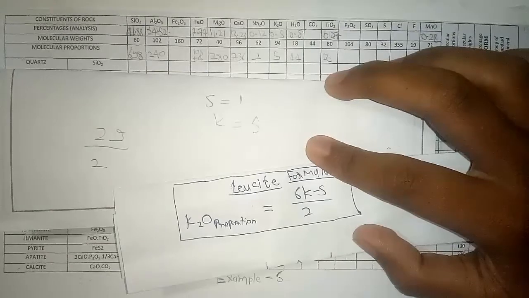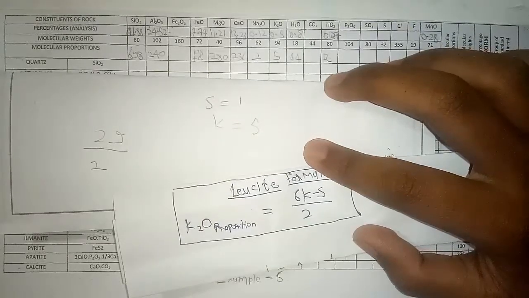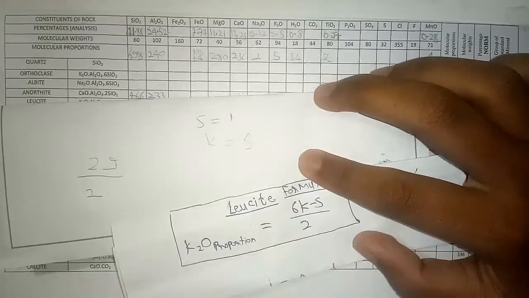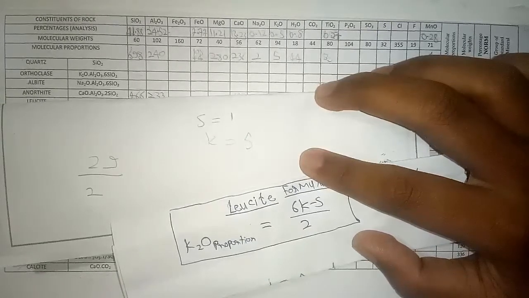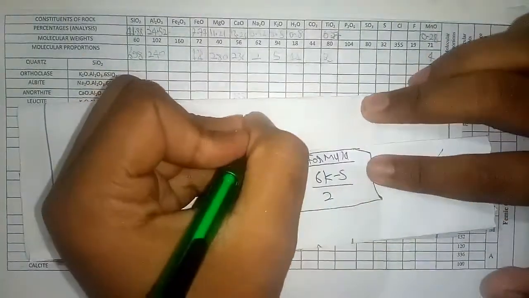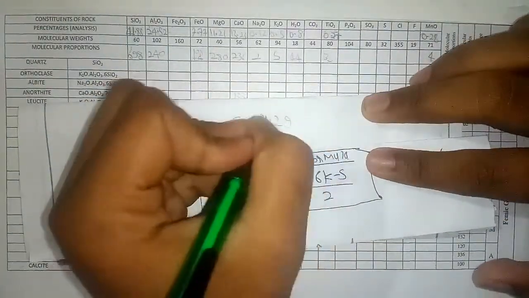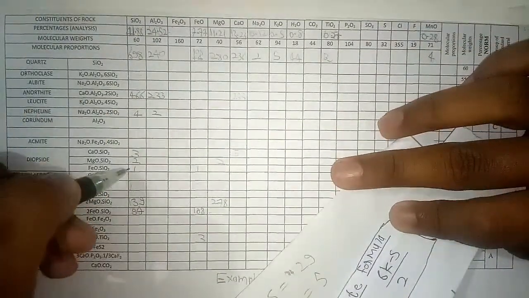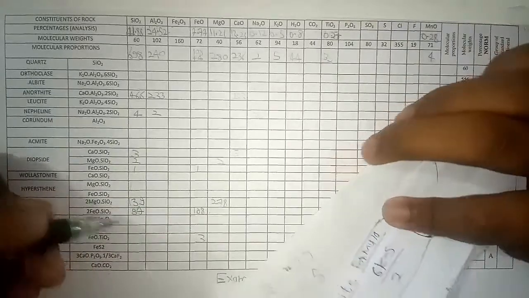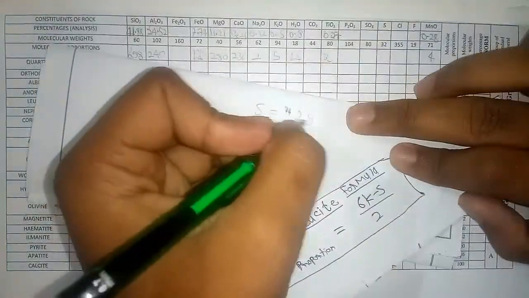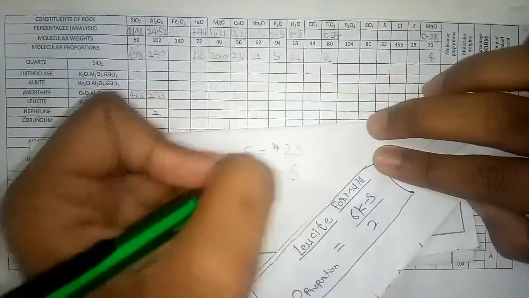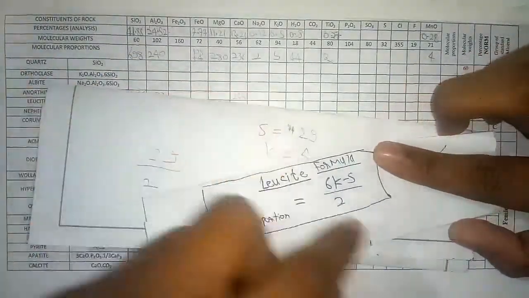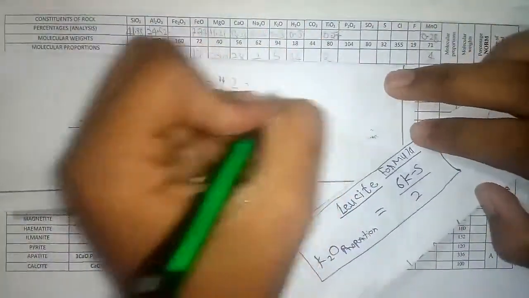Wait a minute, let me check. So 29 divided by 2 will be equal to, okay guys, actually this is 29, not 1, sorry, it was written by mistake. This is 29, okay. When we subtract 698 minus 466 minus 4 minus 3 minus 2 minus 1 minus 139 minus 54, the remaining value of silica is 29, and the remaining value of K is 5. Okay, so now using this formula 6K, let me write it here, like this.